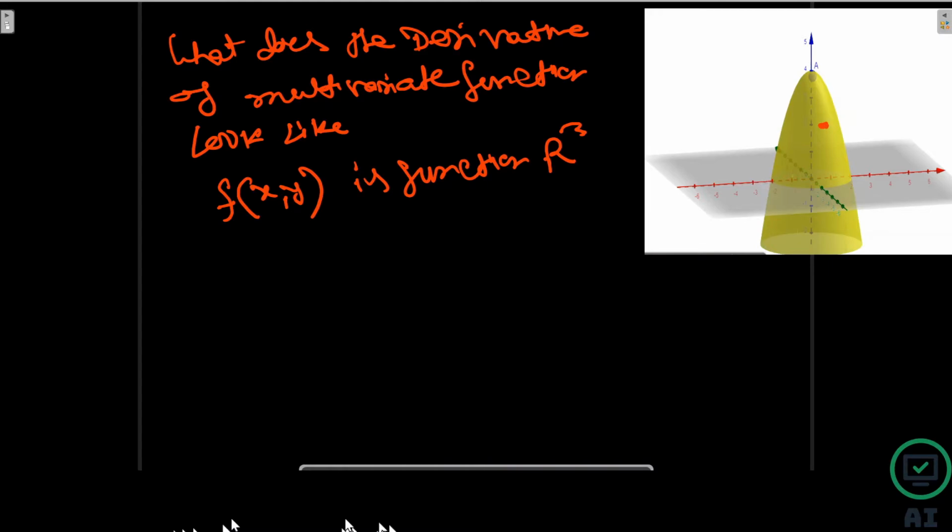We know the actual meaning of slope in two dimensions. Slope is nothing but the slope of a tangent line at a particular point on a curve. What is the meaning in three dimensions? Is it the slope of the tangent line to the surface at a particular point? Can we say that? What is the actual meaning? I want to know the actual meaning of the slope in three dimensions. We are clear on one dimension and two dimensions, but what is the meaning in three dimensions?